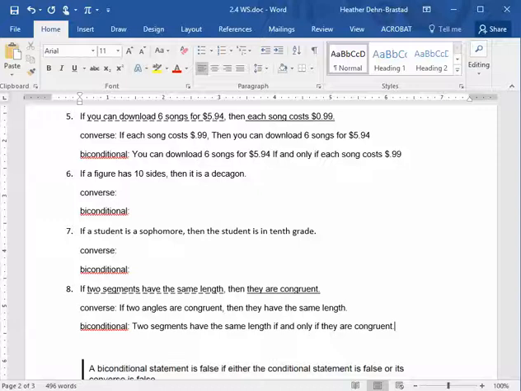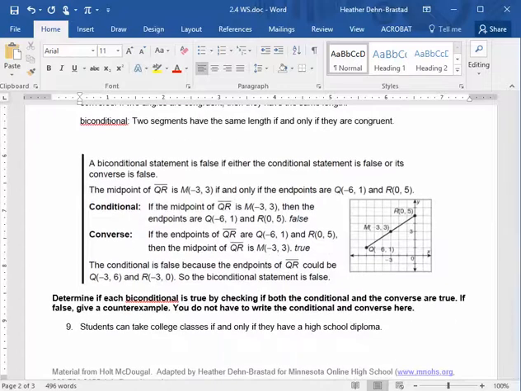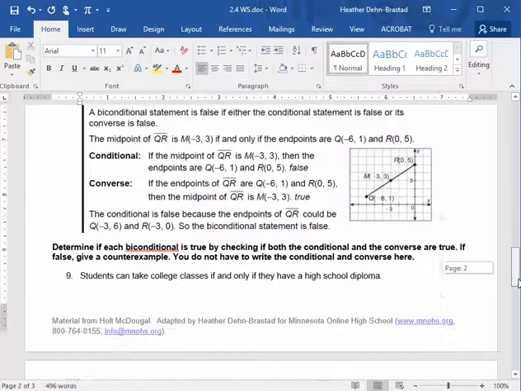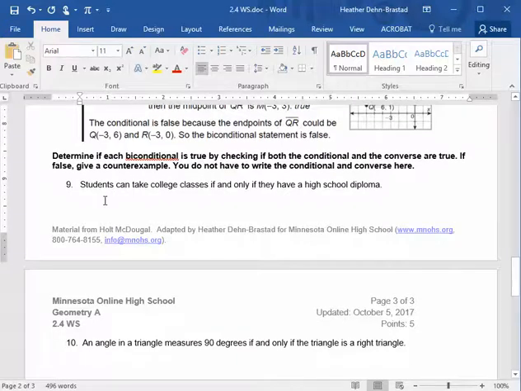It's called a biconditional, and it combines both the conditional and the converse together. A biconditional statement is false if either one, either the conditional or its converse, is false. So we're going to determine whether these are true or false. If it's false, you have to give a counterexample. And I wrote you do not have to write the conditional or the converse here, but you should think about what they would be. So number 9 says students can take college classes if and only if they have a